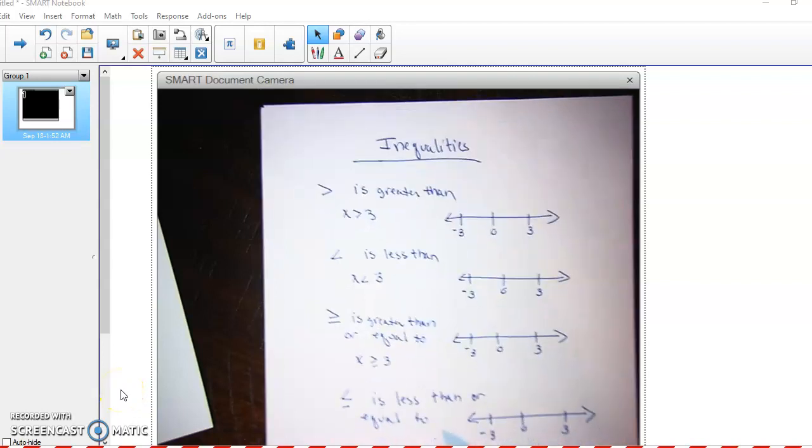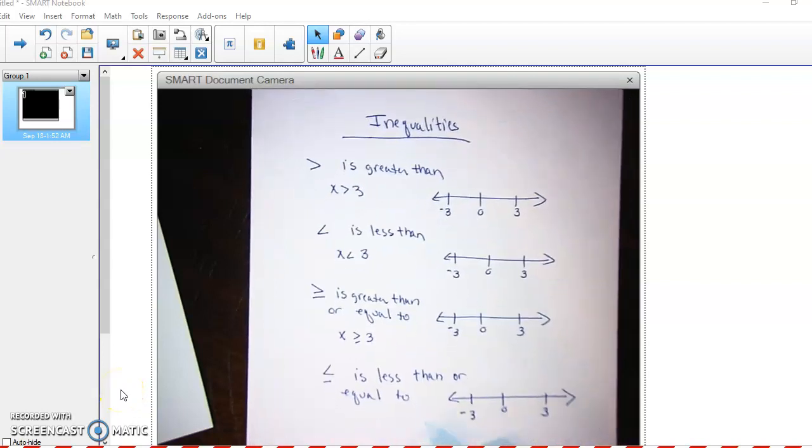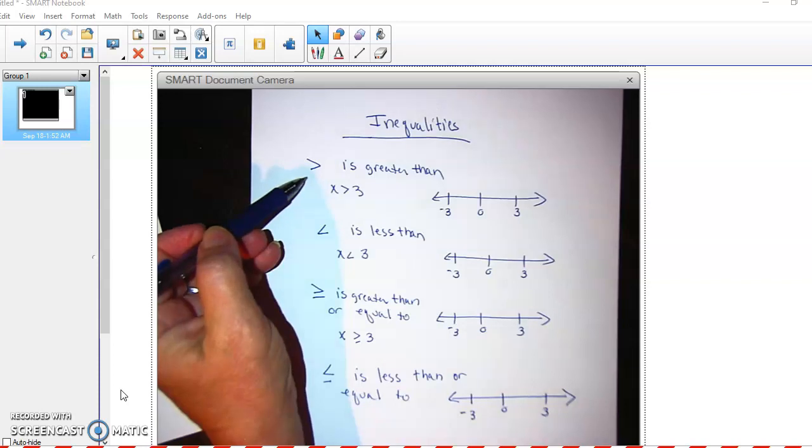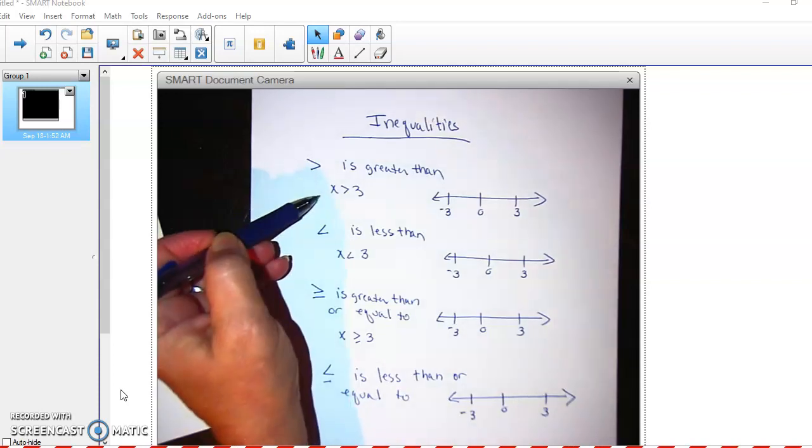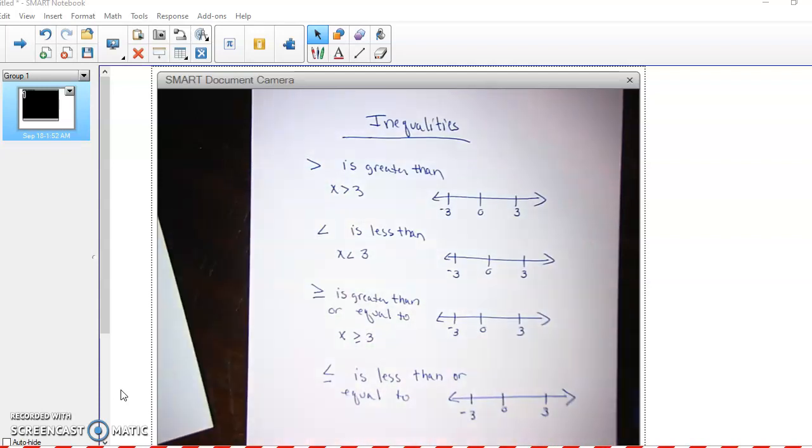Okay, before we start doing our multi-step inequalities, we need to go over some basic rules and stuff to make sure we remember these and the symbols. So this symbol right here is greater than. So this says x is greater than 3. Well, when we graph this on a number line,